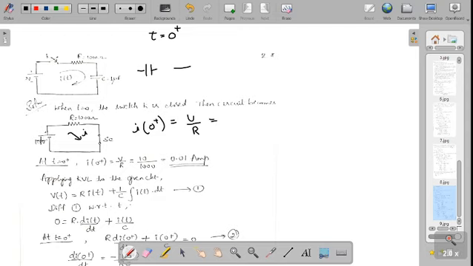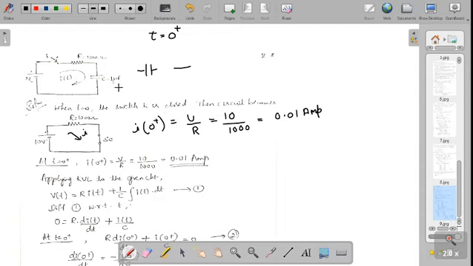What is the voltage which is given in the circuit? They are given that the voltage is 10 volts. They'll be giving it in the question. And what is the value of resistance? It is 1000. When you perform the division, it is 0.01 amps. So this is the amount of current flowing in the circuit at time 0 plus, that is, the immediate time after the switch is closed. So you found out the value of I of 0 plus.